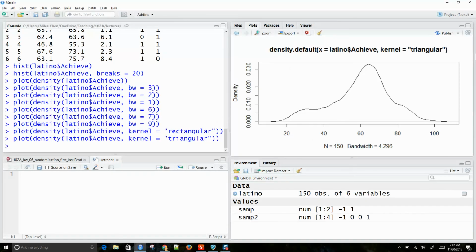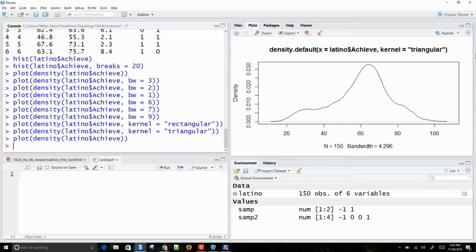But the density is a useful way, and much in the ways that the histogram is useful for revealing shapes, so is kernel density estimation. And so we might want to do a plot where we're comparing the density of those who came from Mexico versus those who did not come from Mexico. All right, and so here I would create, we'll just default to this, and so this will be our original